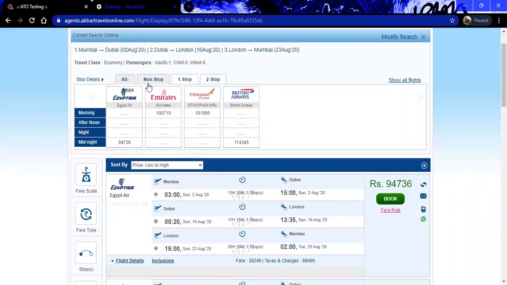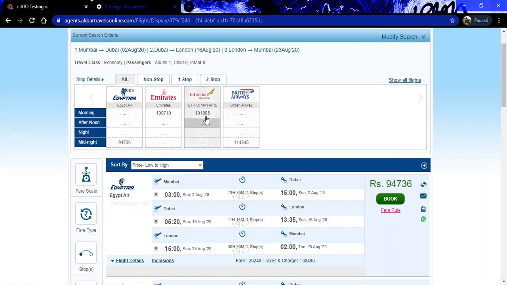Again, if you wish to select a non-stop flight or one-stop flight, we have given the tabs over here itself. Morning, afternoon, night, and midnight flights can also be selected through this filter. The lowest price is showing first, and then it goes in descending format.